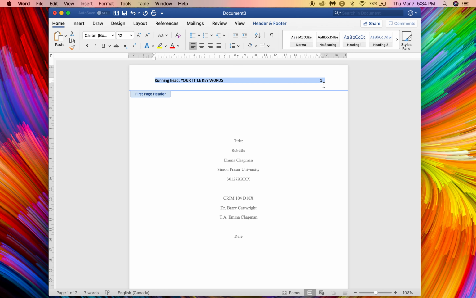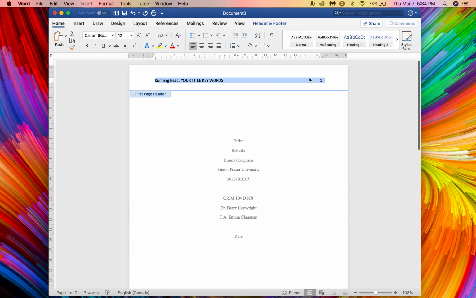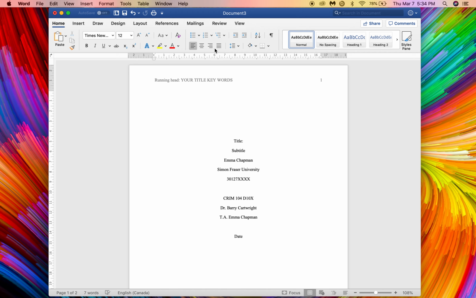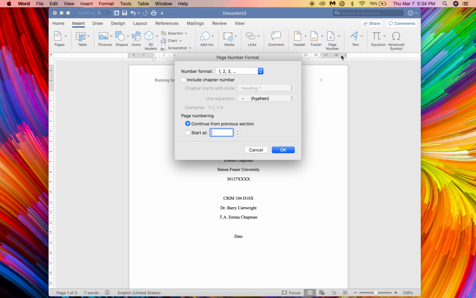This varies. Some professors like you to have the first page number, the number 1, on the actual first page of your paper, but in general APA, the standard is that you have the page number on the title page. Make sure this is in Times New Roman and it's a 12-point font because that's the standard for APA. Now you're going to go to Insert, Page Number, Format Page Numbers, starting at 1. Click OK,